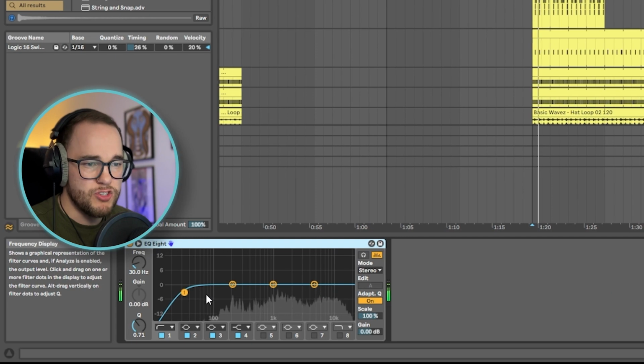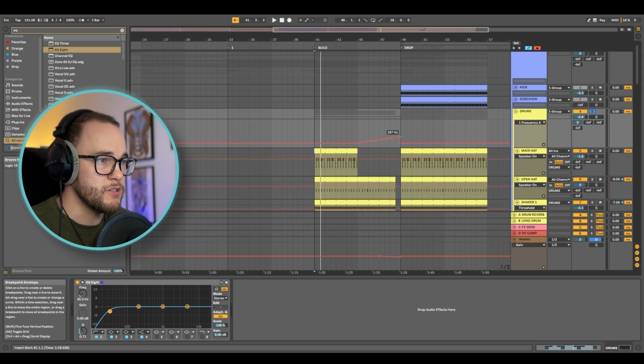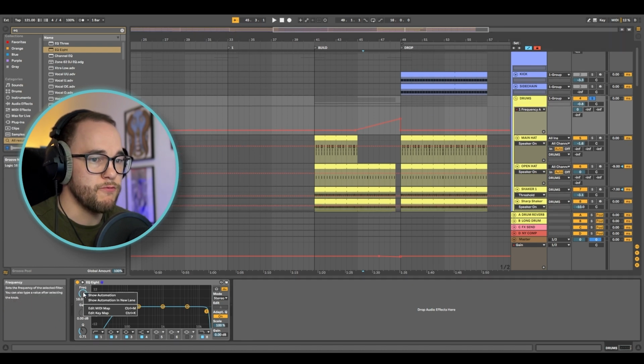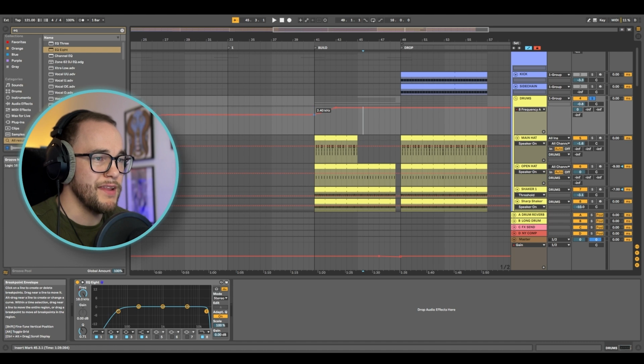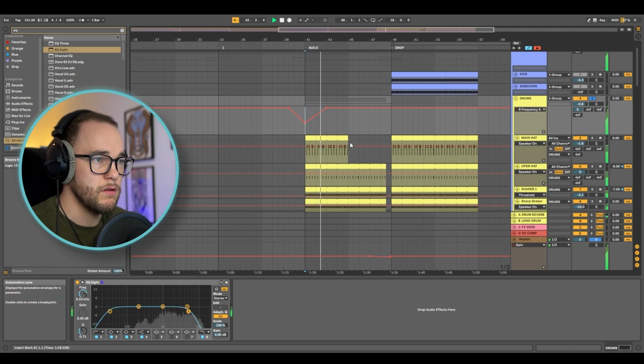So with my hats, I don't have too much low end, but I'm just going to automate the frequency. As it's building, I'm going to bring that frequency up, and as it is building, I'm also going to bring the frequency down. So I'm going to start a little bit lower here so that when the drums come in, it's not just immediately coming in, they are being filtered in like this. This gives it a little bit of tension, and it just doesn't feel like you're just dropping in the drums